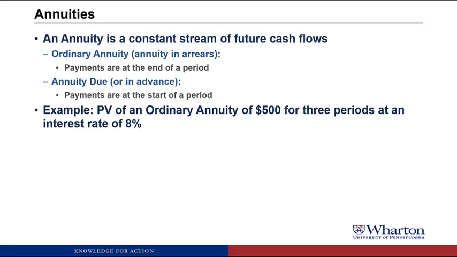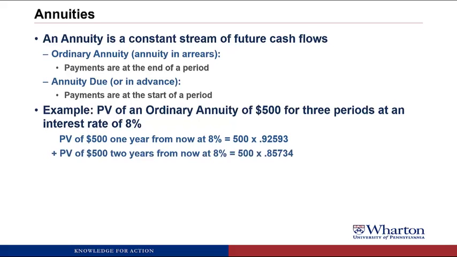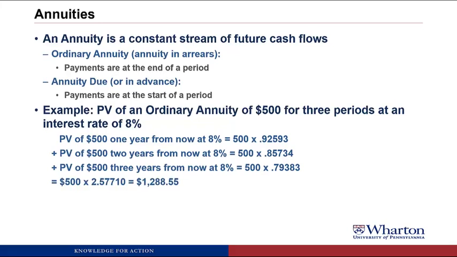How do you figure out the present value of an ordinary annuity of $500 for 3 periods at an interest rate of 8%? Well, you're getting the present value of $500 1 year from now at 8%, which would be 500 times the present value table rate of 0.92593, plus the present value of the $500 that you receive 2 years from now, discounted back at 8%, plus the present value of the $500 that you receive 3 years from now, discounted back at 8%. That's the same as saying it's $500 times 2.57710, which is the combination of those three discount factors,